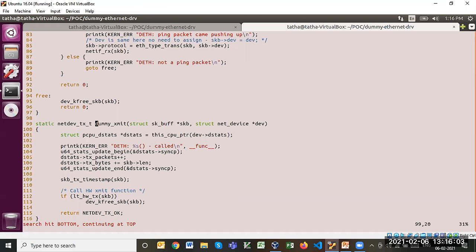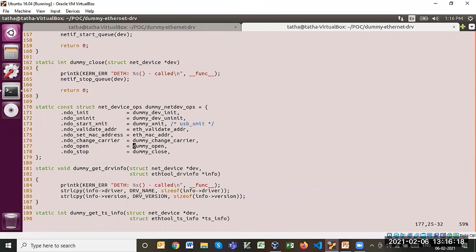The network stack will update the net device structure with the IP address, add an entry in the routing table, and then inform the device driver through the open handler, the ndo_open. The order could be different.